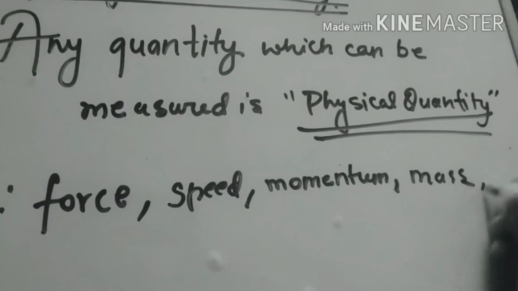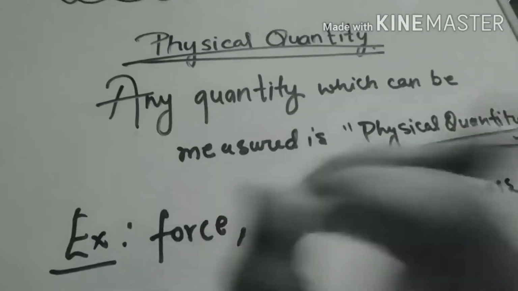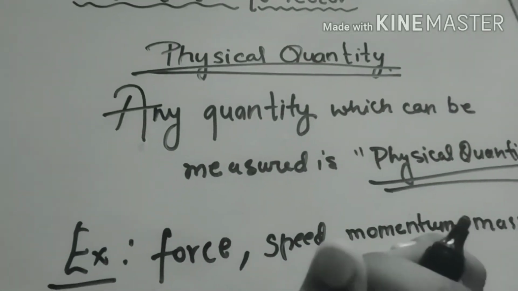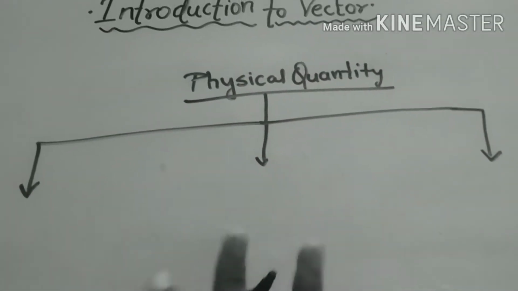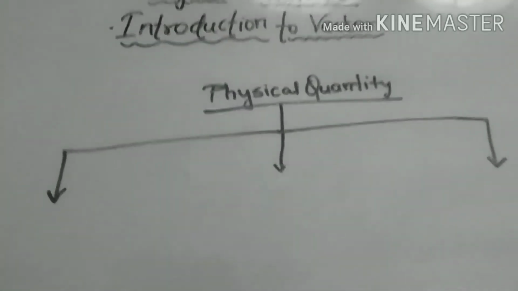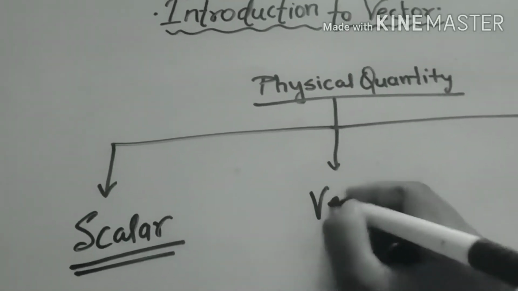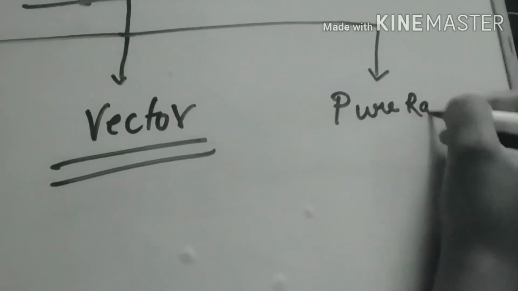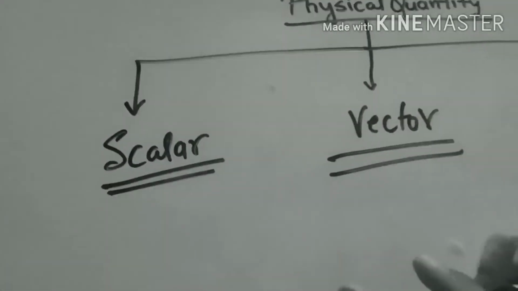These are all types of physical quantity, and we have mainly three kinds of physical quantities, and we will be discussing one of them, that will be vector. So physical quantity can be classified into three kinds. First is scalar, that we have been reading since many classes. Second is vector, and third one is a quantity that can be called pure ratio quantity. We will be discussing scalar, vector and pure ratio briefly just now, and then we'll start with vectors.